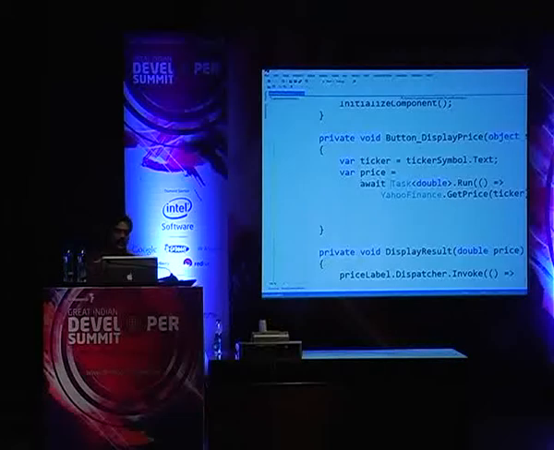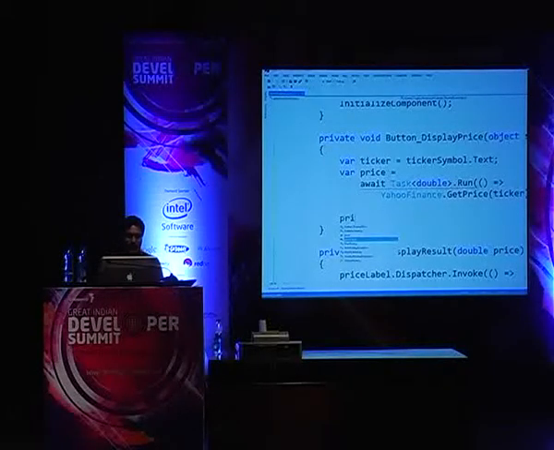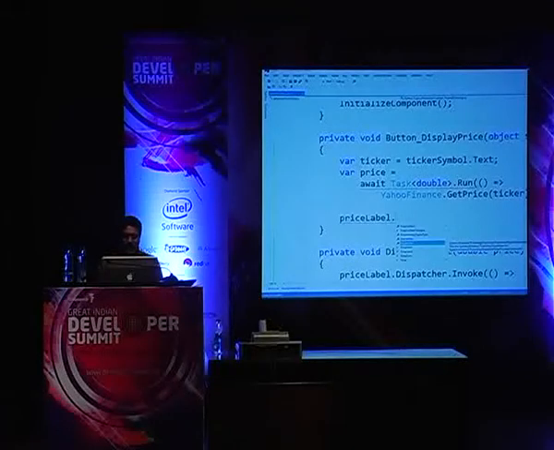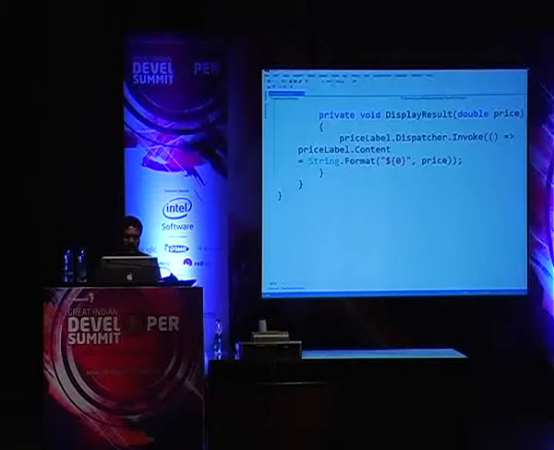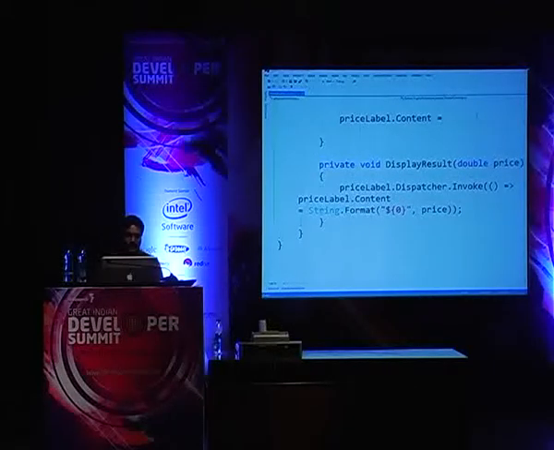So essentially, rather than asking him to go run this task alone, I just put the await. Don't worry about the complaint he's making now. We'll come back to it. So I'm asking him to go await on the result. When he finishes the result, I'm going to say price label dot content equals, and I'm going to simply put the content update, which is this string and this value that I wanted to print. I'm going to just carry that over here and display the value right here at this point.